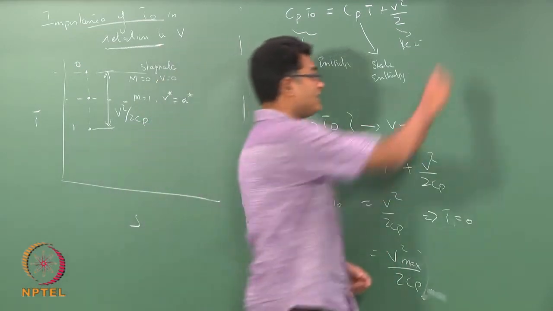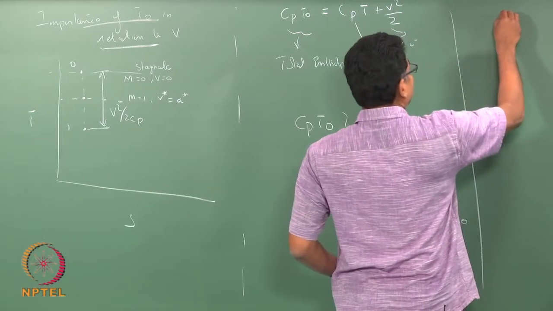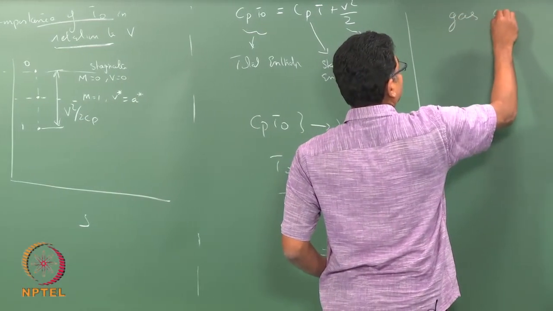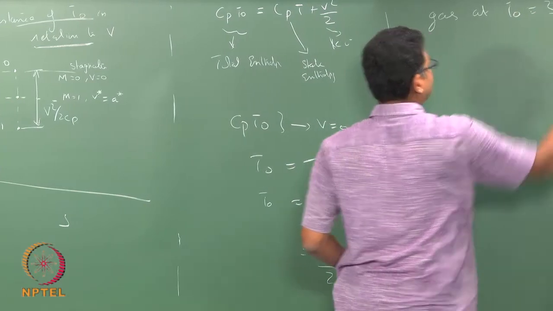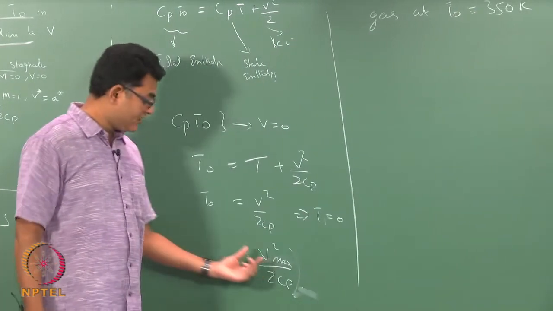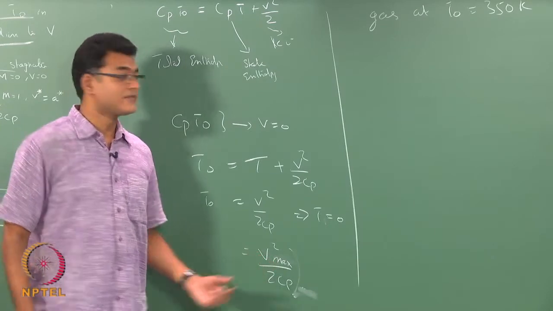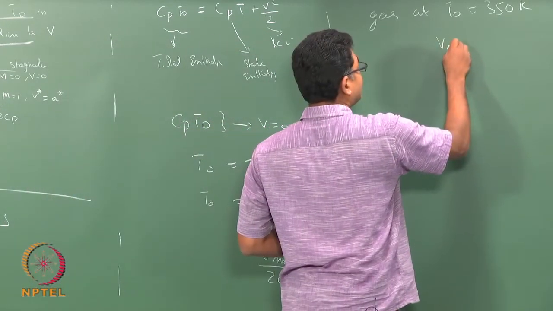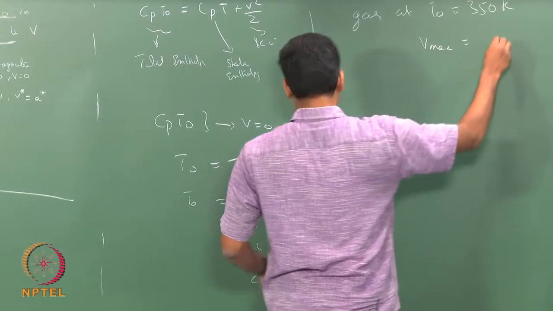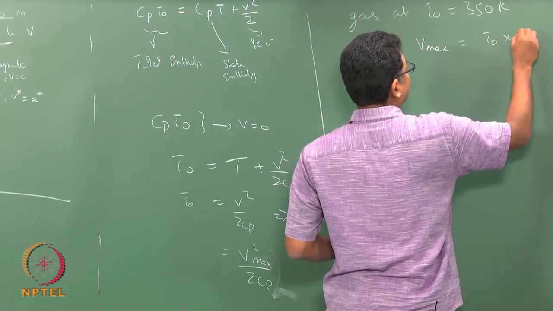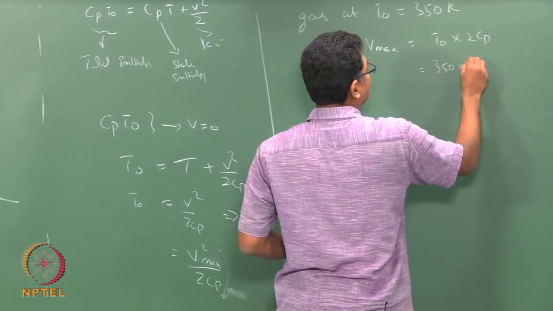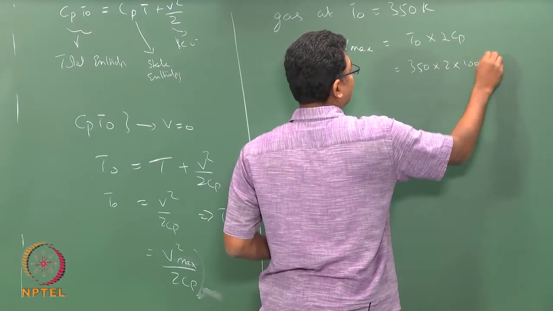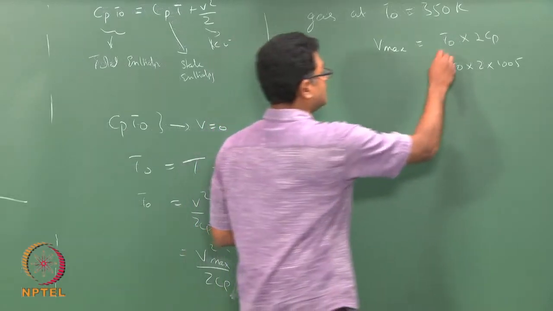So, if I have a gas at T0 equals some temperature, there is a limit to which I can get the velocity. So, the maximum velocity I can get here is root of T0 into 2 Cp, which is 350 into 2 into 1005, which is